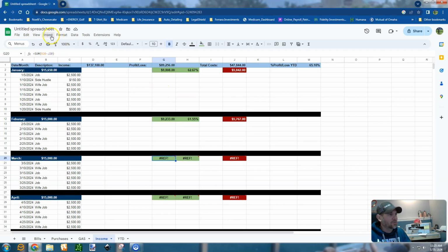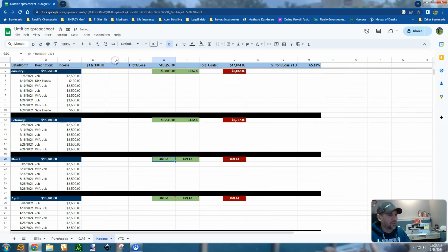J20, let me freeze this. View, freeze, first row. Okay. So J20 is going to be our total profit for the month. But it's going to get that total from our total cost, which we have nothing here. Okay, as you see, it's rough. So the easiest way to do it is if we hit equal sum, and then we're going to get all